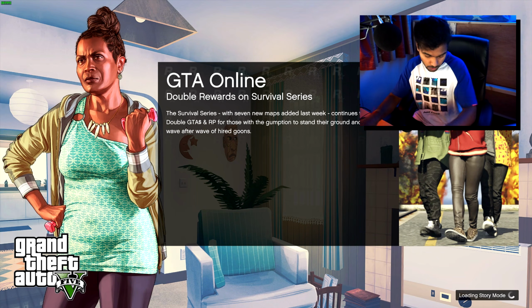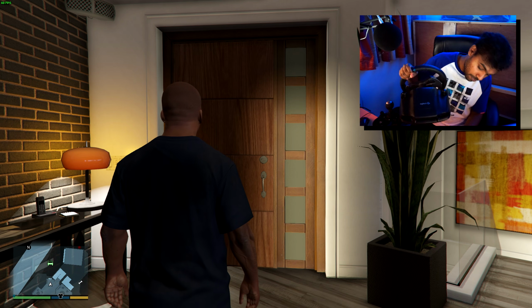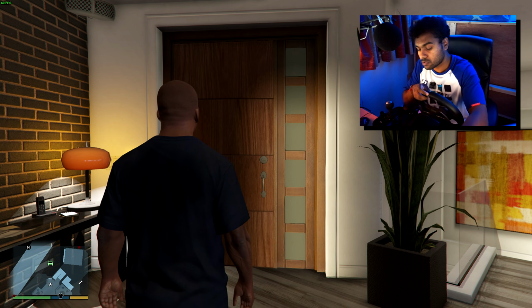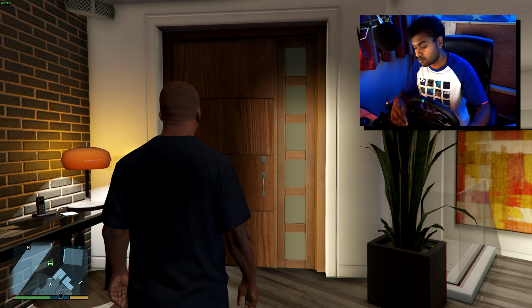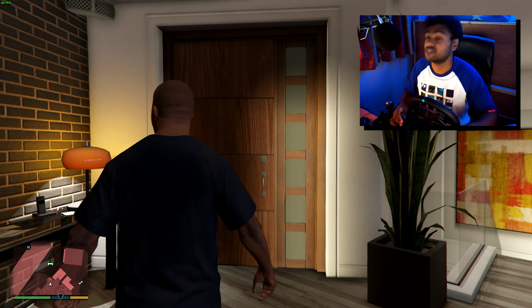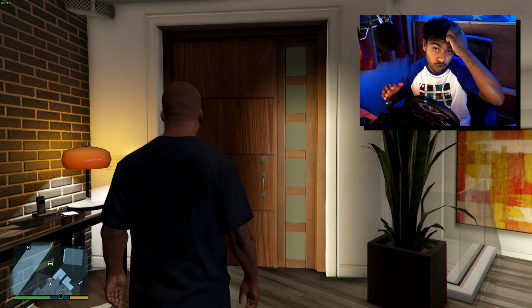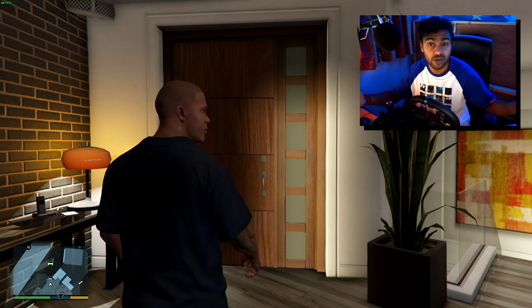Alright, let's get this wheel out. Now I'm going to assume you know how to connect all of these up. Yeah, the wheel to the pedal, the shifter to the wheel, because if you don't know how to do that, you probably shouldn't be doing this. Okay, so once you've installed the mod, right, you could plug your steering wheel in,